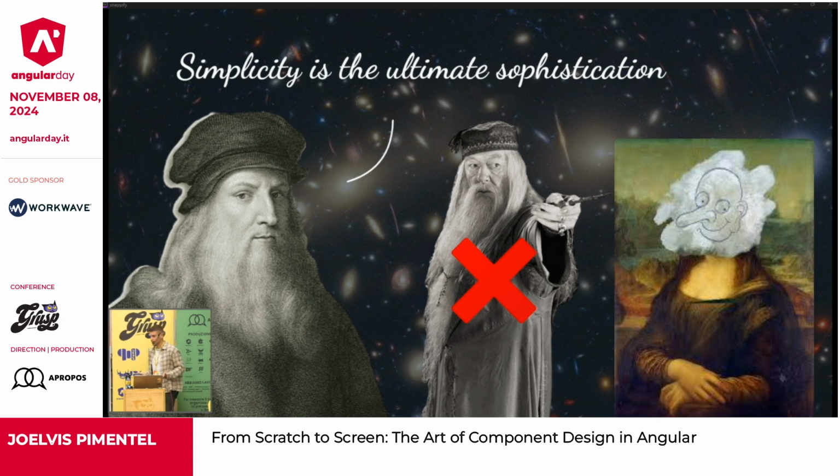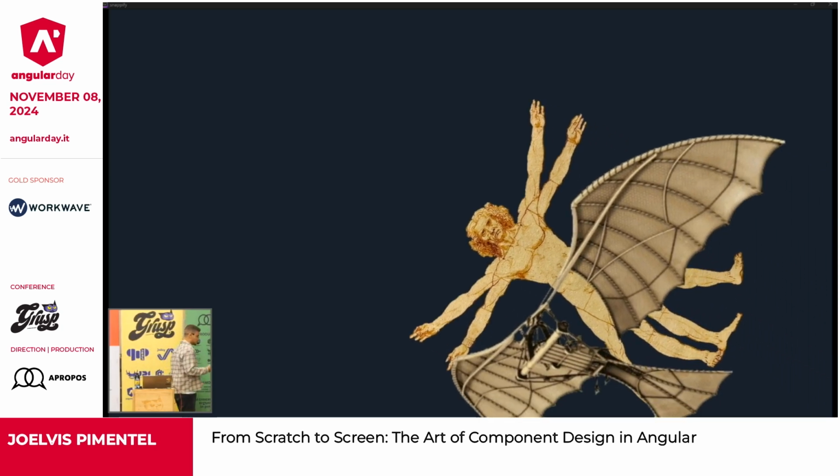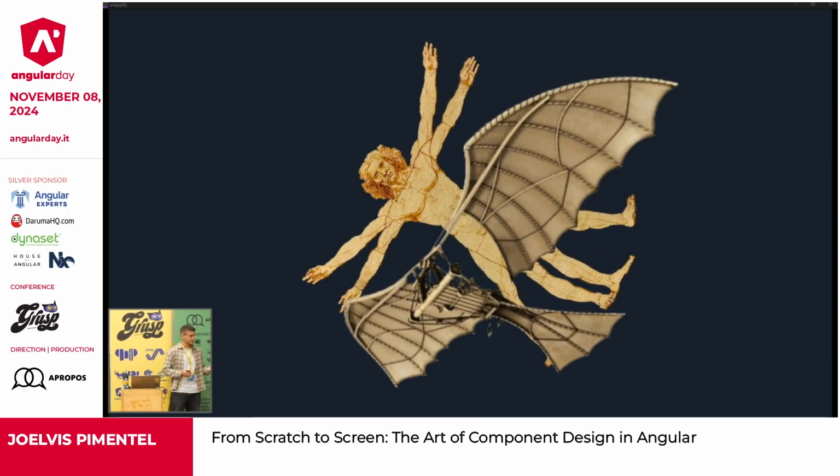And this same guy who was bragging about simplicity is the same guy who managed to build a 200 moving part flying machine, and it didn't even work. So I guess that geniuses even struggle with simplicity.